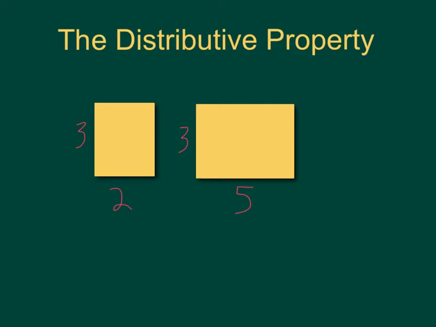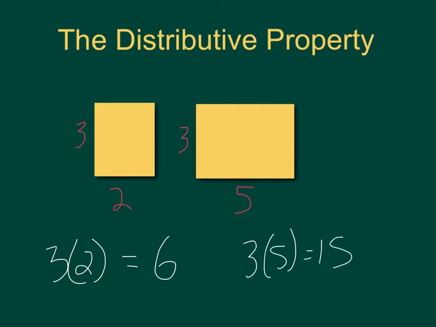I've got two different blocks here, block on the left and block on the right. If I look at the block on the left and I were to say to you, what is the area of that block, you would tell me it's 3 times 2, which is 6. If I were to say what's the area of the block on the right, you would tell me that is 3 times 5, which is 15. If I were to say what's the total area of both blocks, you would have said that's 6 plus 15,